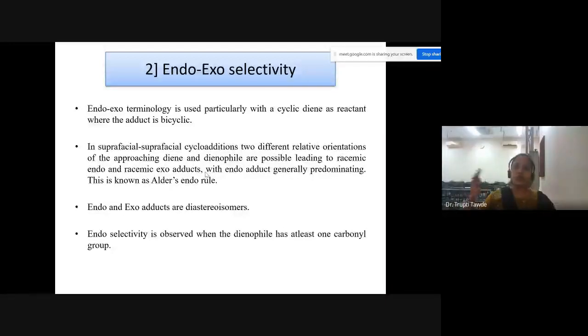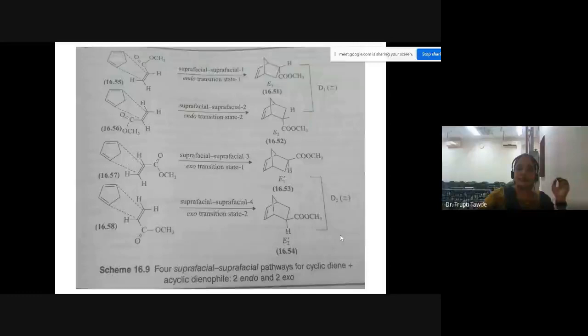But according to the Alder's endo rule, the endo product is predominating over the exo product. Okay. अब ये endo और exo में से endo क्यों prefer होता है? Let us understand that reason again. But to have this endo selectivity, that also you understand that dinophile जो होगा, that should at least contain one carbonyl group. If this particular condition is satisfied, then only this Alder's endo rule is valid. टू थिंग्स, एक तो तुम्हारा डाइन जो है वो साइक्लिक होना चाहिए, ठीक है, और तुम्हारा जो डाइनोफाइल है उसके ऊपर कार्बोनिल ग्रुप होना चाहिए।